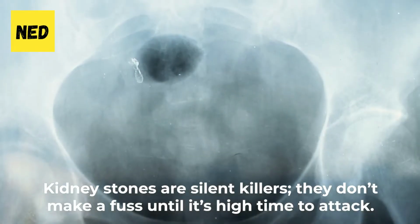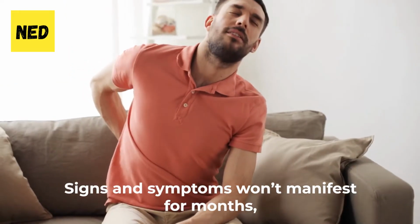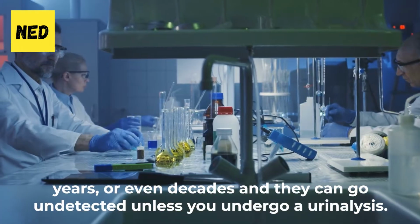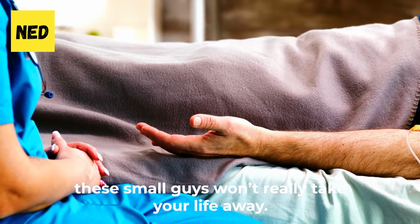Kidney stones are silent killers. They don't make a fuss until it's high time to attack. Signs and symptoms won't manifest for months, years, or even decades, and they can go undetected unless you undergo a urinalysis. Kidney stones may take you by surprise, but if you're vigilant enough, these small guys won't really take your